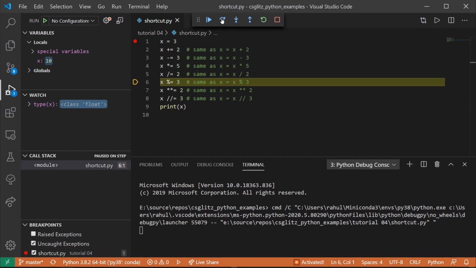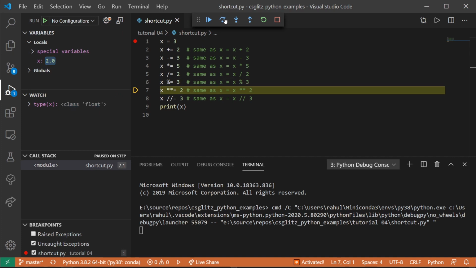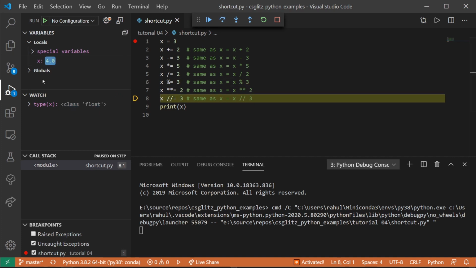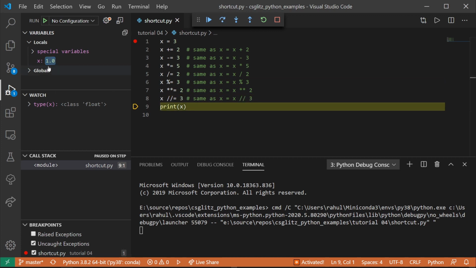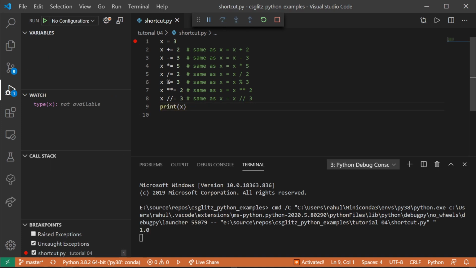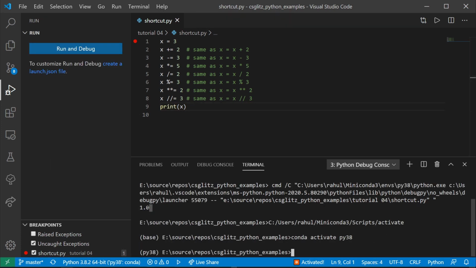After dividing by 2, it is 5.0, since the divide operator returns a float value. After the last line, debug mode will end.